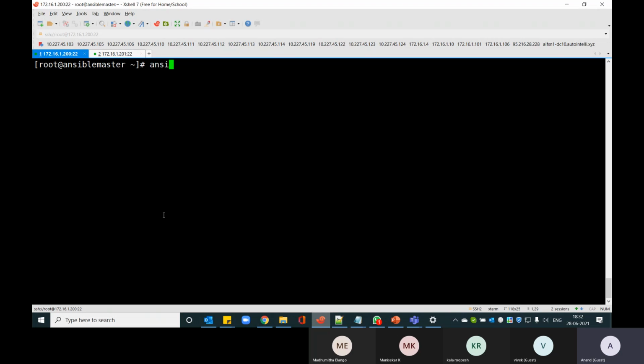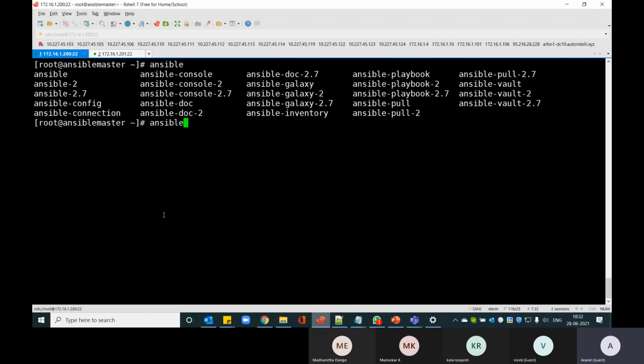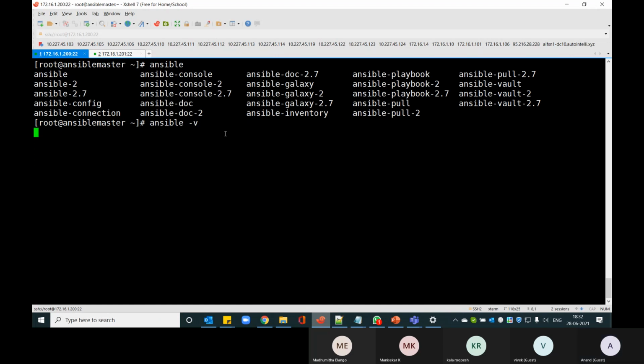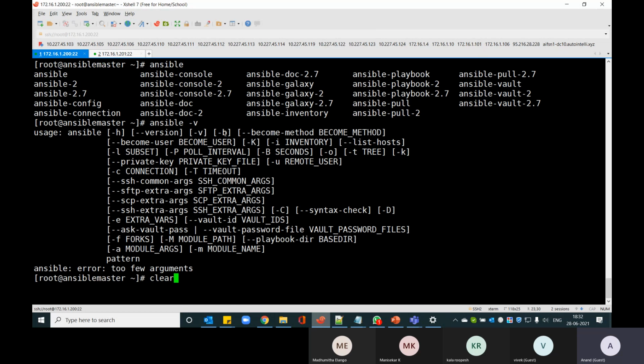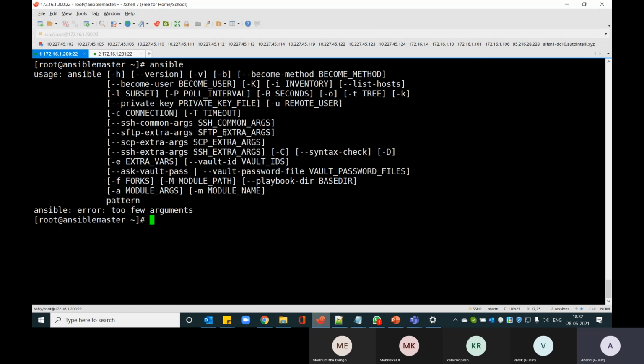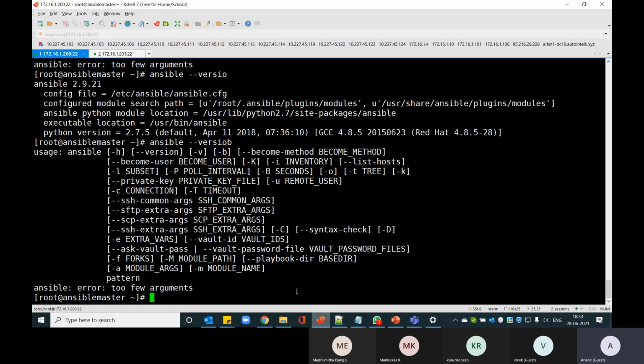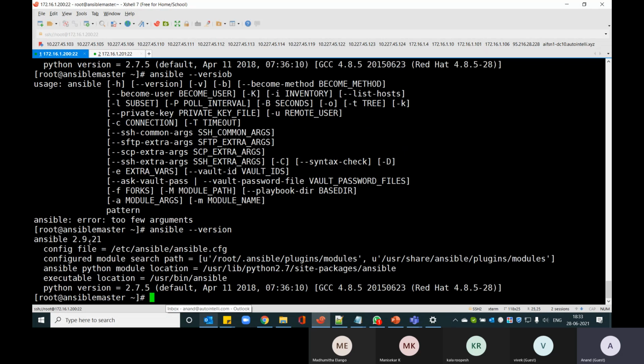Right? So once we have installed it, if you want to check whether Ansible is available or not, just type ansible and press tab. You should be able to see all the related Ansible commands which are there in the system right now. You can just play around, type ansible and see what the arguments are, or the version. It gives me the version which is installed on my system. I got version 4.9 of Ansible, and this is the path of my default configuration files.